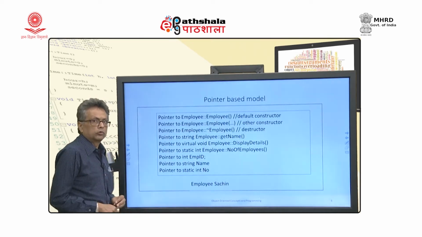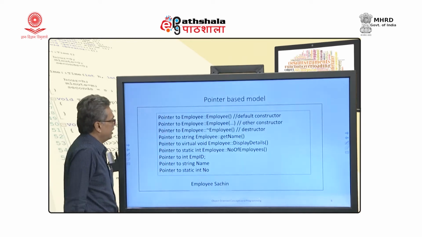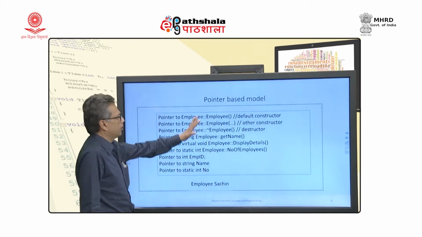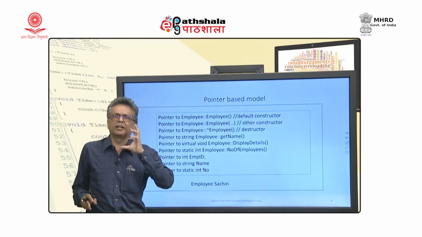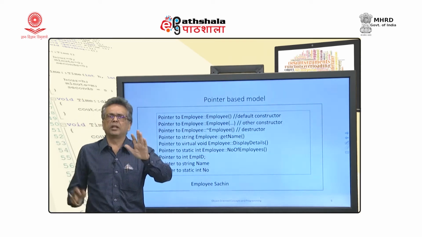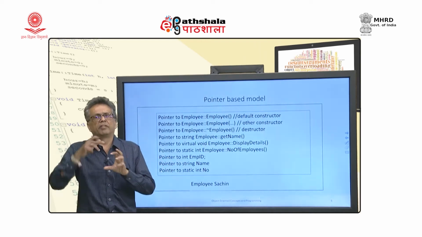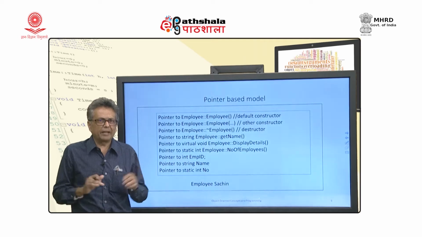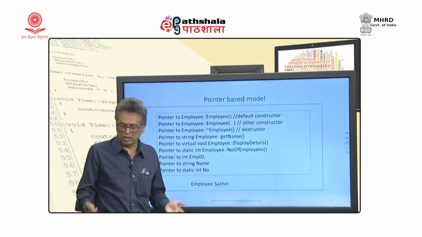So, in this first model, the simplest model, we have pointers for every item. This is a very simple model, as every object that I am defining is going to have a fixed size, no difference, and every member will have a pointer. But then is it efficient? It is not all that efficient, and it is not answering most of the questions that I have asked for.